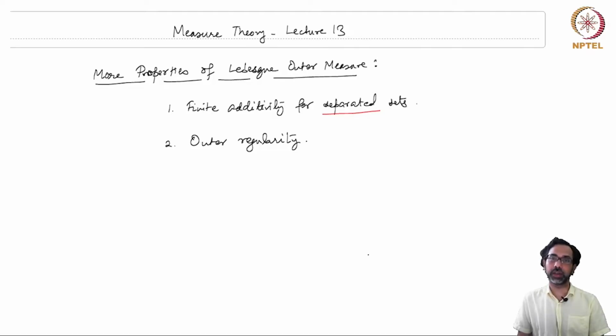So let's continue studying some more properties of the Lebesgue outer measure. In this lecture we will look at two more properties. The first one is called finite additivity for separated sets, and the second one is called outer regularity. So let me start with a remark